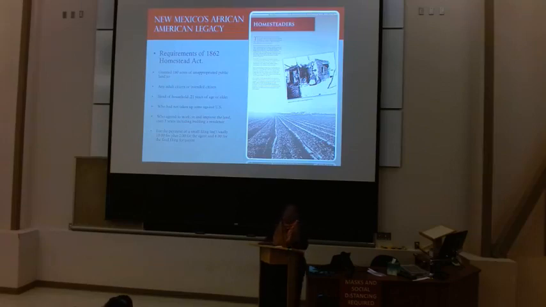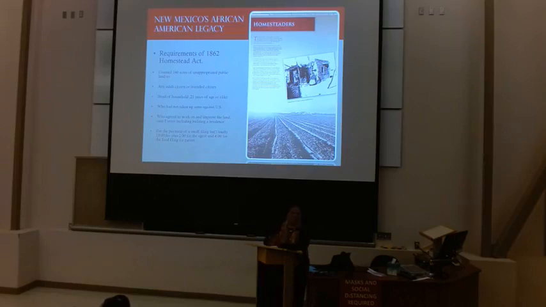So, what was the Homestead Act? So the Homestead Act of 1862 was signed by President Lincoln. He was able to pass it because the southern states had seceded, and that allowed him to pass the Homestead Act. It went into effect in 1863, and it allowed for the